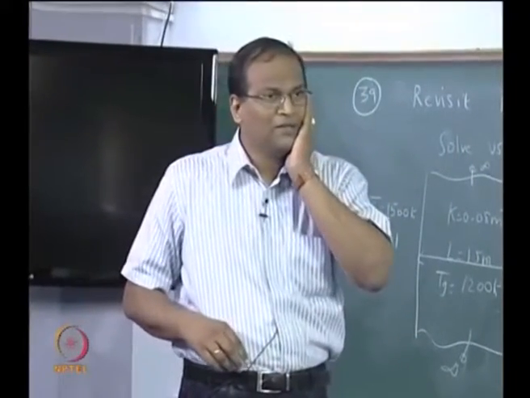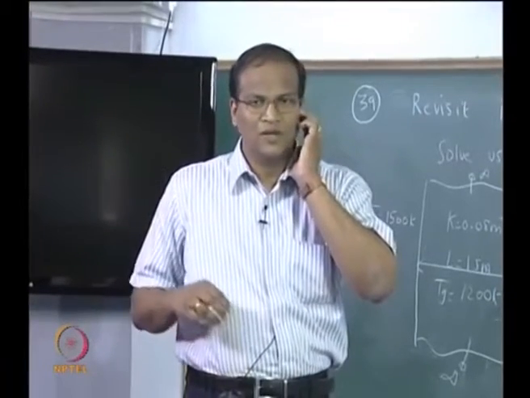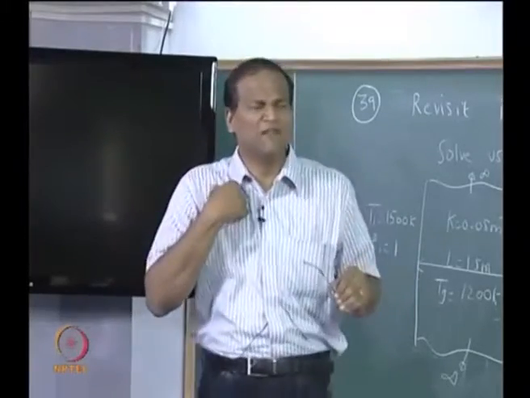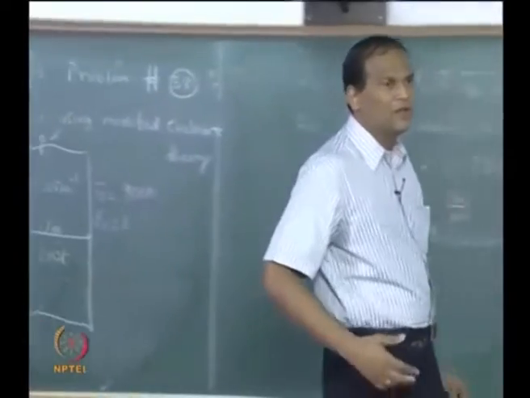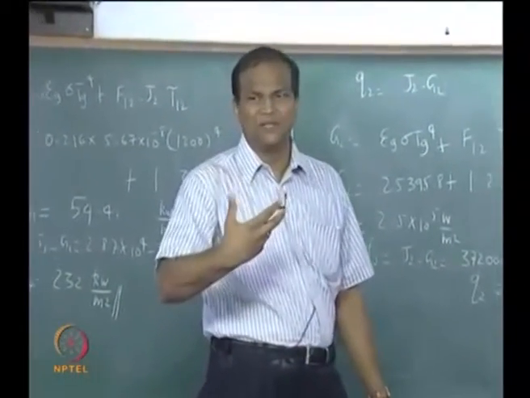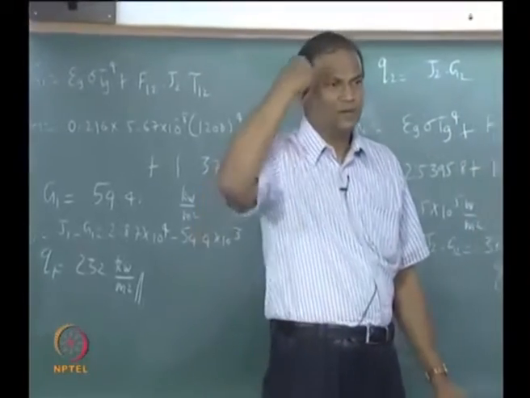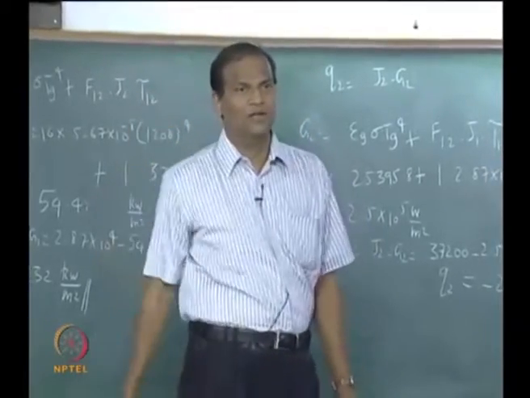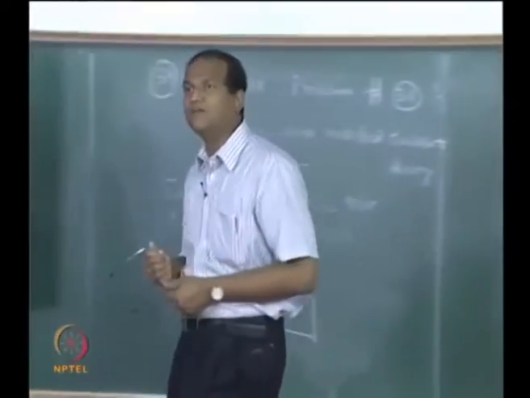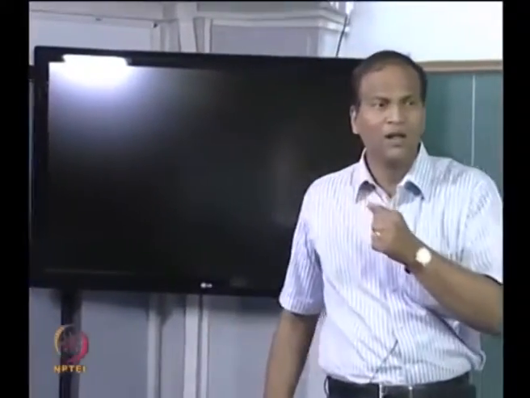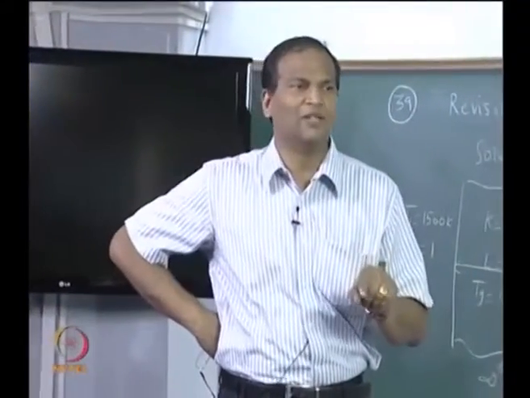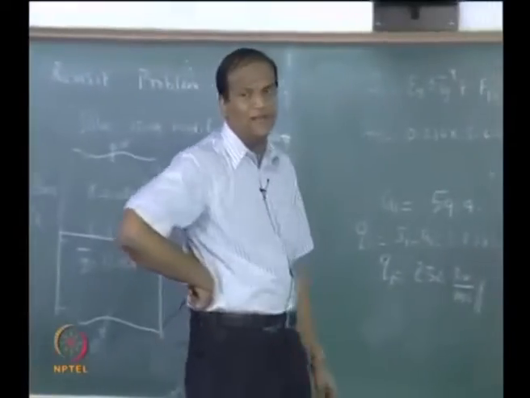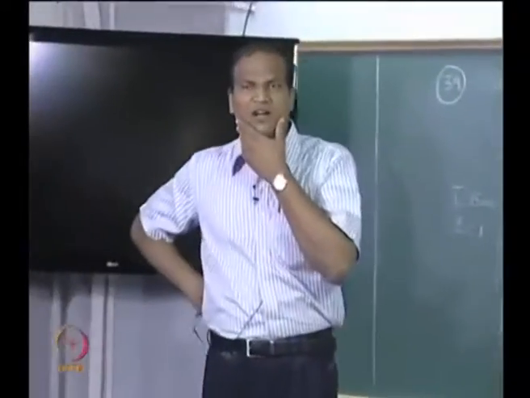Most important point is, as common sense will tell you, radiation is leaving the left wall and is arriving at the right wall. Therefore, the net heat flux from the left wall will have to be positive, because that is the wall at the highest temperature. That wall is the giver. The gas is also at a higher temperature, the wall is also at a higher temperature compared to the right side wall. The right side wall is at a temperature of 900 Kelvin, therefore it must receive radiation both from the wall as well as from the intervening gas, both of which are at higher temperature compared to this. Therefore, intuitively one would expect that Q2 is negative, but the beauty is Q1 is not equal to Q2.